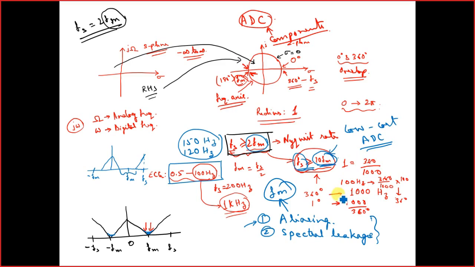So what is happening over here now? If you look over here at the 100 hertz, what is the sampling frequency? Ideally it is 200 hertz. This is the minimum level. Minimally you need to sample the signal at 200 hertz.